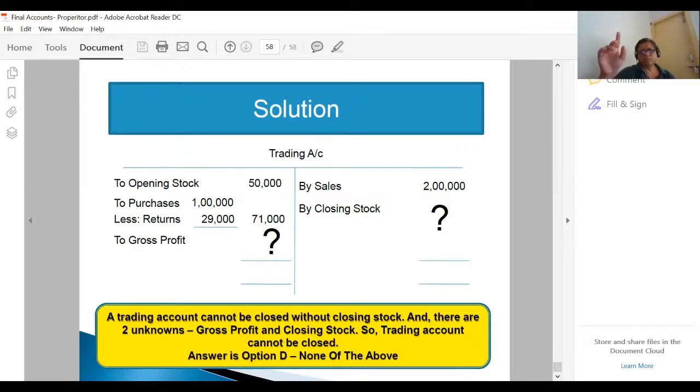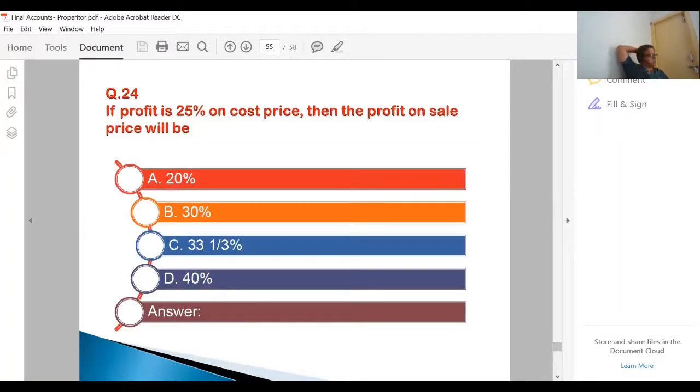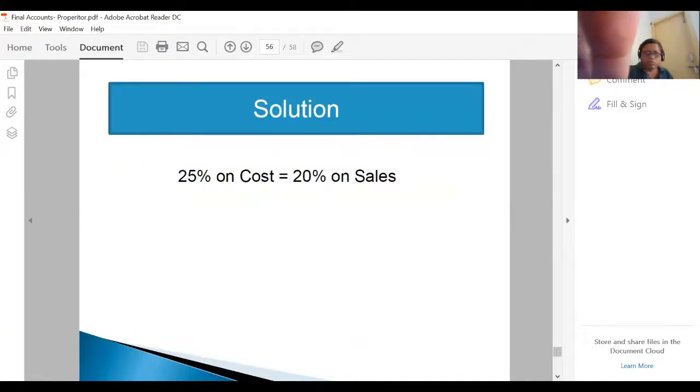Sir, 24th question, sir. 25% on cost is equal to 20% on sales. This is the question. You need an explanation on this? Yes, sir, please. So what I need to do is, assuming that sales is 100,